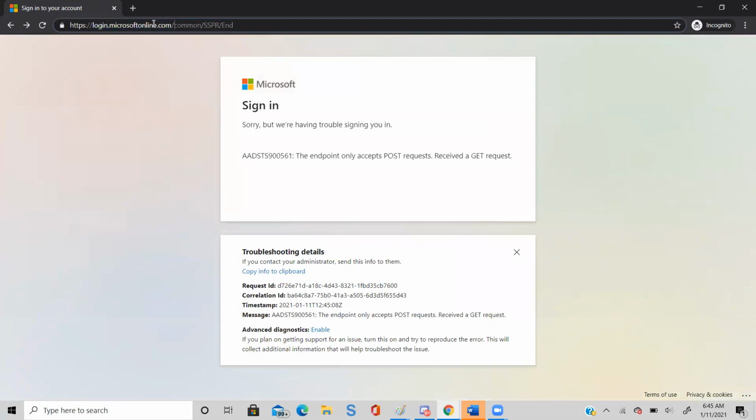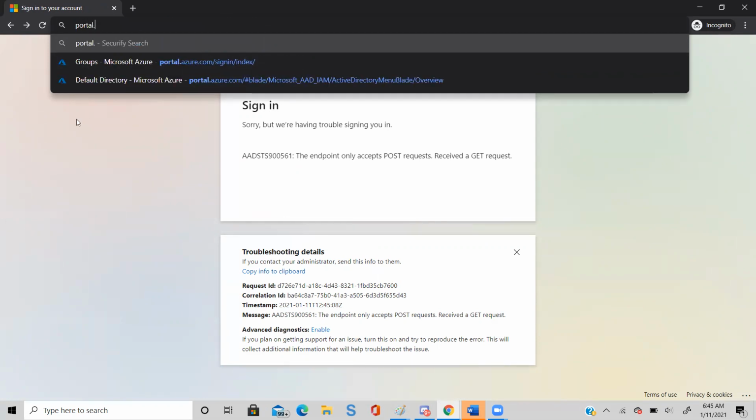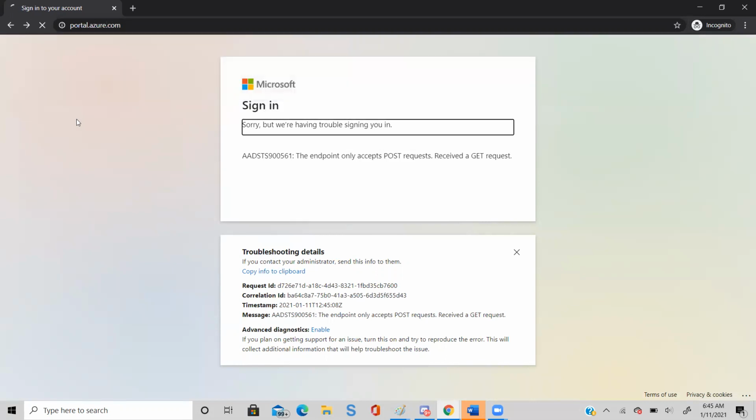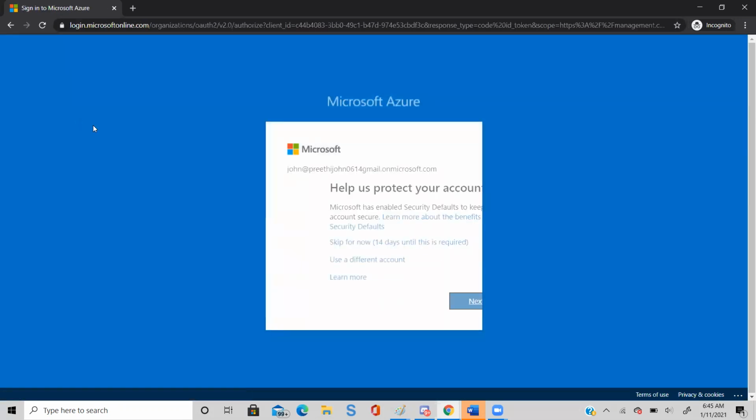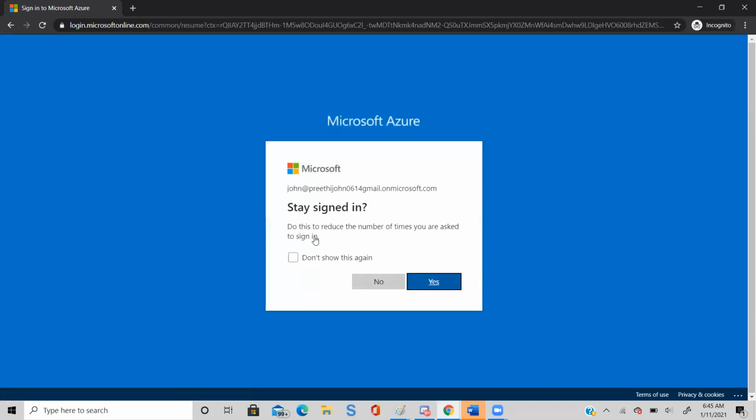After you enter the password now, there is an option to skip. Say skip for now. Otherwise, it will ask you to set up more security. Just click yes.